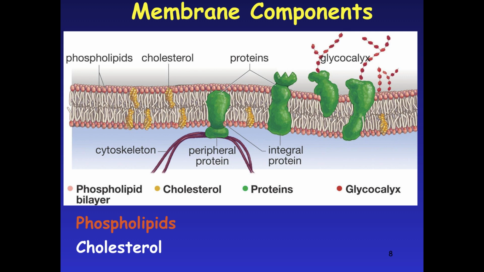If it gets too hot, they want to expand and go away from each other. So the cholesterol keeps it together. If it gets cold, they want to pack very closely together. So it maintains a good distance between the